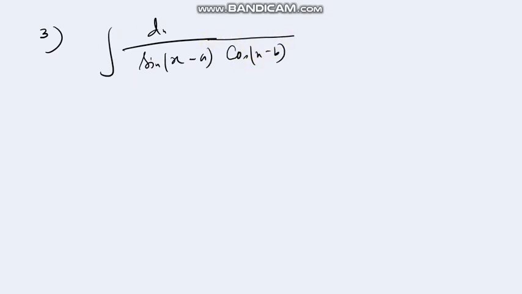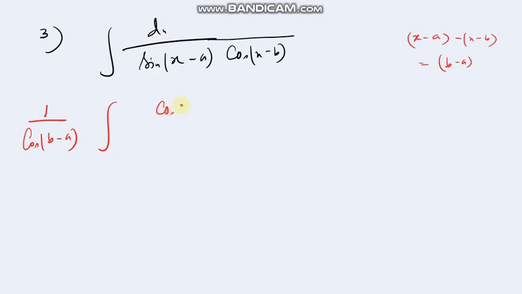So the sum is the integration of dx divided by sine of (x minus a) into cos of (x minus b). If I just look at the angles, they are x minus a and x minus b. If I subtract these two angles, I get b minus a, which is a constant term, right? Please remember, when you have sine and cos, two different terms, I take it in terms of cos. But if it is the same term, then I use the formula of sine. So I'm going to use cos of (b minus a) here.